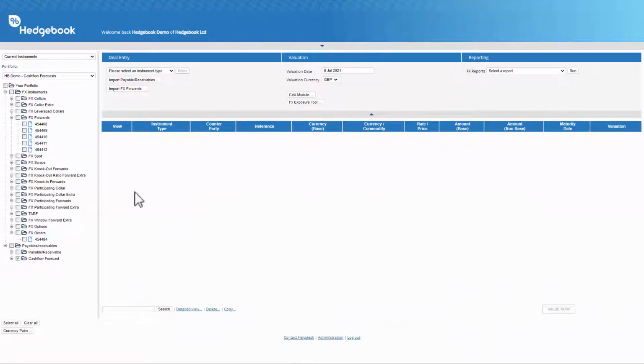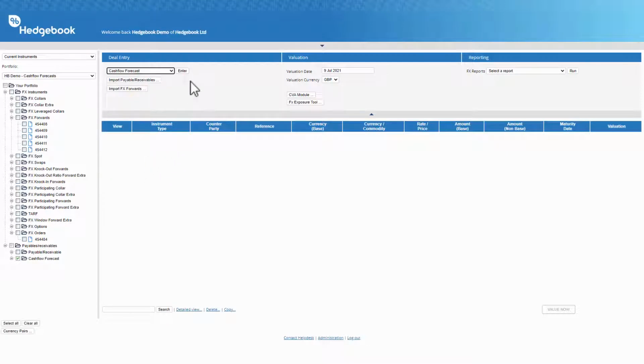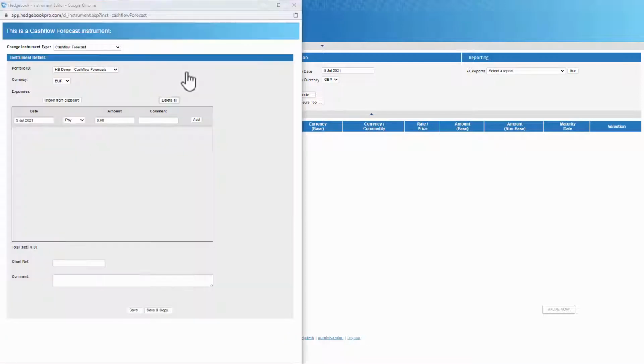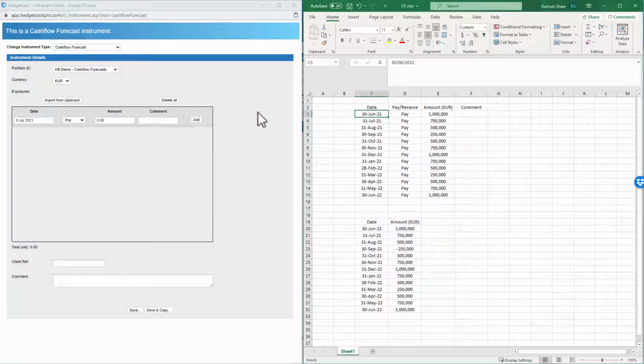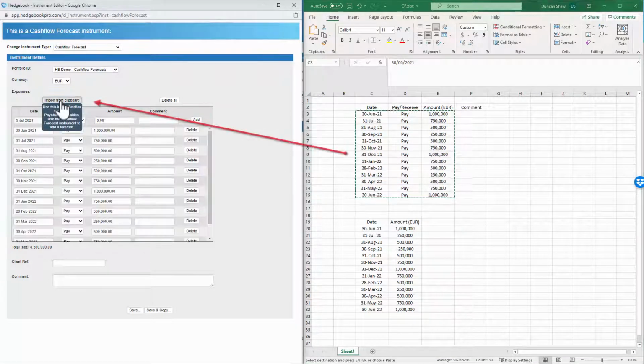The Cashflow Forecast instrument enables you to quickly import cashflow forecasts into Hedgebook's exposure tool for hedge position analysis and stress testing. In our experience, many companies are using spreadsheet-based models to estimate their foreign currency cashflow forecasts, so we have made it really easy to copy the pertinent data from the spreadsheet and paste it straight into Hedgebook's Cashflow